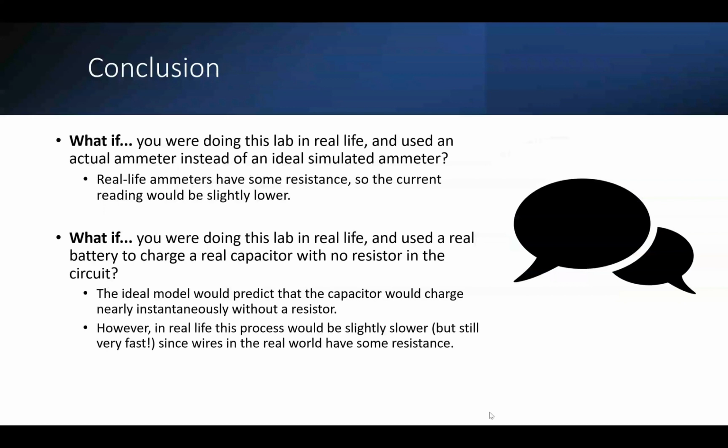And if this lab was being done in real life and I used an actual ammeter instead of an ideal simulated ammeter, a real life ammeter would have some slight resistance. The current reading would be slightly lower. And if I were doing this lab in real life and used a battery to charge a real capacitor with no resistor in the circuit, then the ideal model would predict that the capacitor would charge nearly instantaneously, as the resistor is what slows the charging of the capacitor. However, in real life, this process would be slightly slower, but still